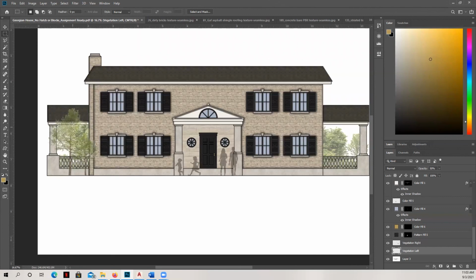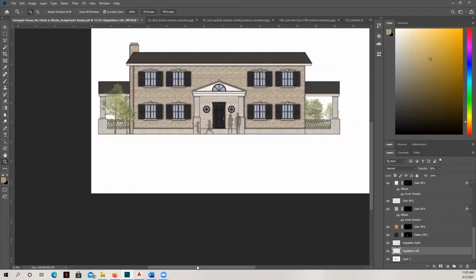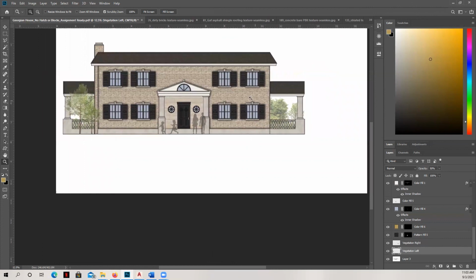Now, I've even seen renderings where they just have a couple little trees over on one side, and it's very, very subtle. I could go crazy adding beautiful shrubbery and things like that, but I'm not going to. Okay, so now if we zoom out, we can see that there's a little bit of softness added, a little bit of transparency added here.